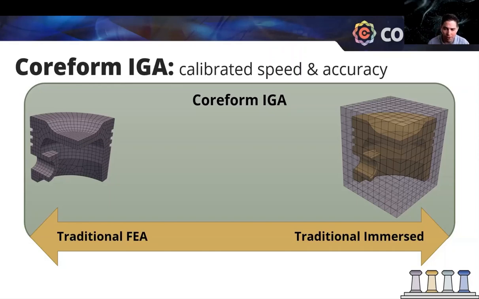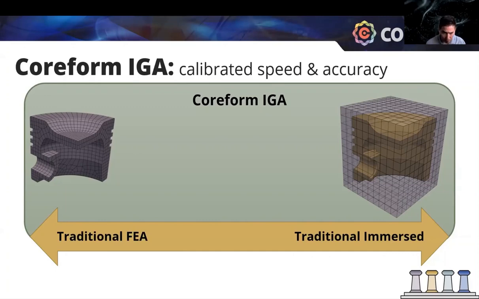So on the left is a traditional FEA approach. Still, it's IGA in that we are using spline basis functions, but it's using a traditional FEA approach where we're doing a body-fitted hex mesh. And as you might be able to see on the right, where we have a traditional immersed or traditional finite cell method, the physical domain has some complexities that make it very difficult to build a conforming hex mesh on. And so traditional FEA approaches often will defeature just so we can build a hex mesh. And so even though it's IGA in that it's using spline basis functions, we've really broken the vision of IGA of using the same CAD model and not have to have this model pre-processing when we do things with traditional